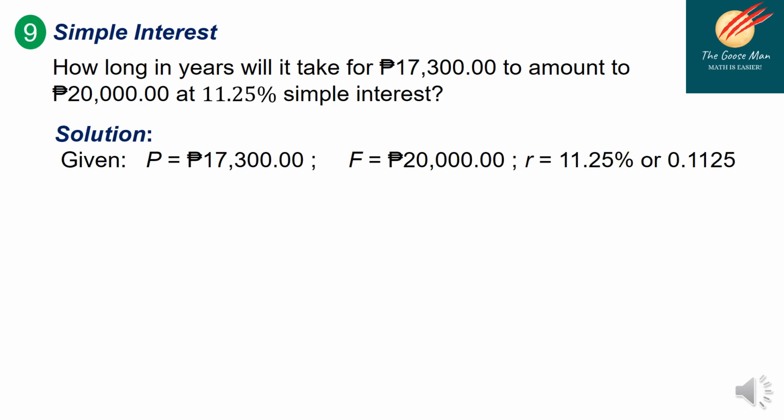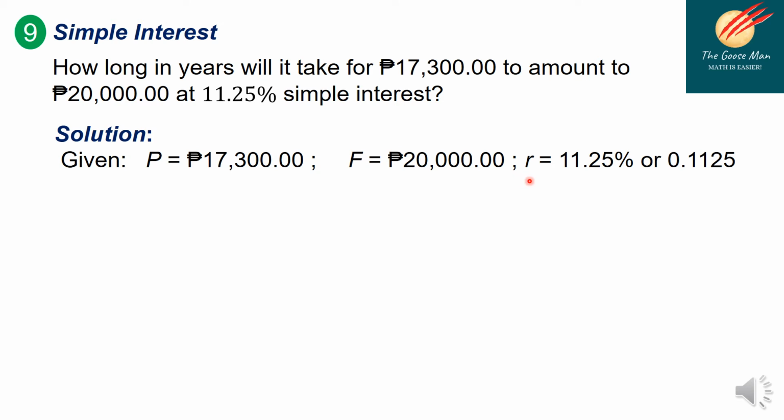The next word problem in simple interest is: how long in years will it take for 17,300 to amount to 20,000 pesos at 11.25% simple interest? So first, let's identify the given. The given are 17,300 for the present value, while the future value is 20,000 pesos, and the rate is